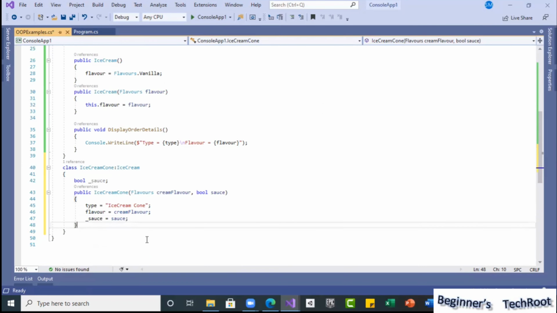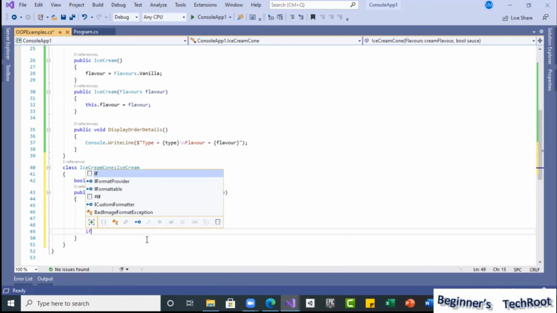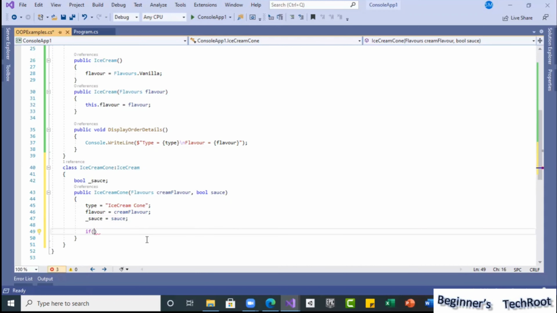In this constructor itself, since they selected the flavor and the sauce, suppose I want to do a calculation now, here itself. Why? Because the choices are ready now, all the options the user is specifying, so I will use some conditions.